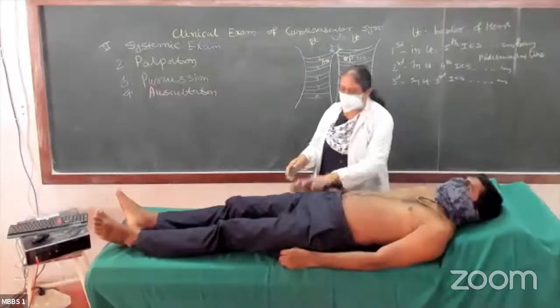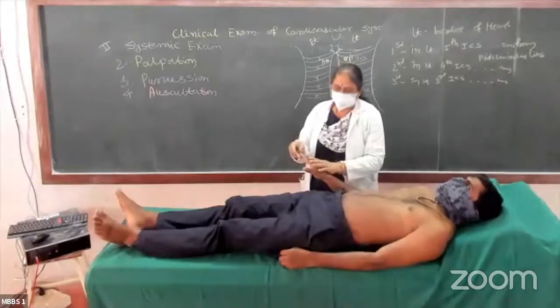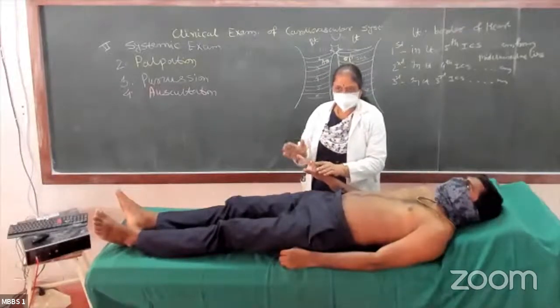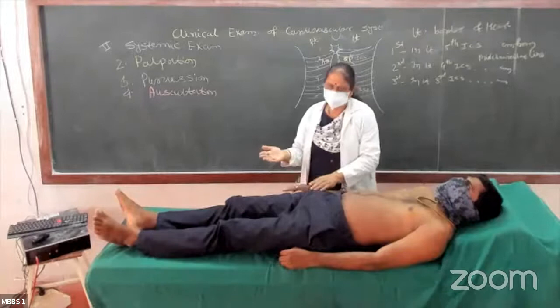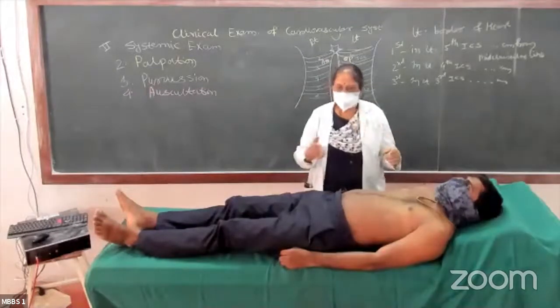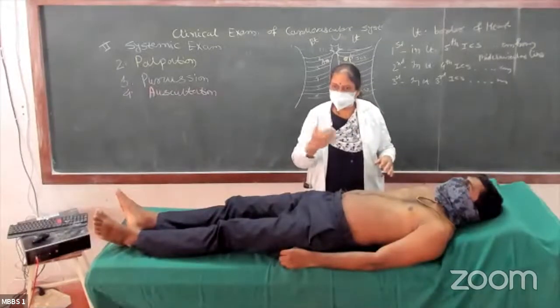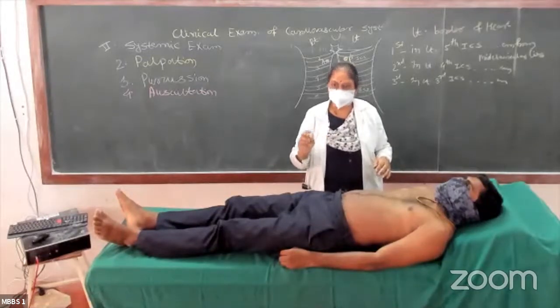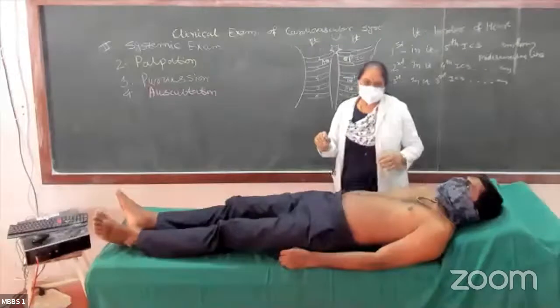Second, see the color of the nails. Color of the nails is normally pink. If it is white, pallor is present. And third, oral cavity: ask him to open his mouth and examine the color of the mucous membrane of the oral cavity, color of the lips. This is the pallor. Okay, next is the